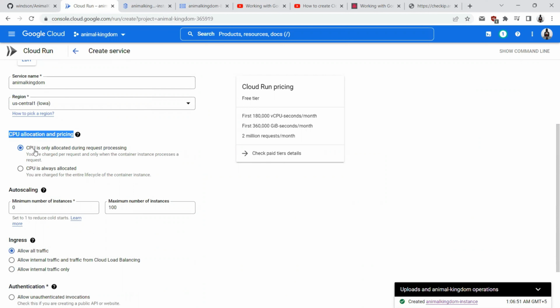There are two options here. CPU is allotted only when a request is being processed. The other option is CPU is always allotted. The benefit with the first option is that you will be charged only when a request arises for the URL where your Cloud Run service is running. This is exactly equivalent to a serverless model of running your application on Cloud Run. And for the minimum instances, if you provide 0, this is when you actually get the benefit out of the cost. The maximum number of instances, I will reduce to 3